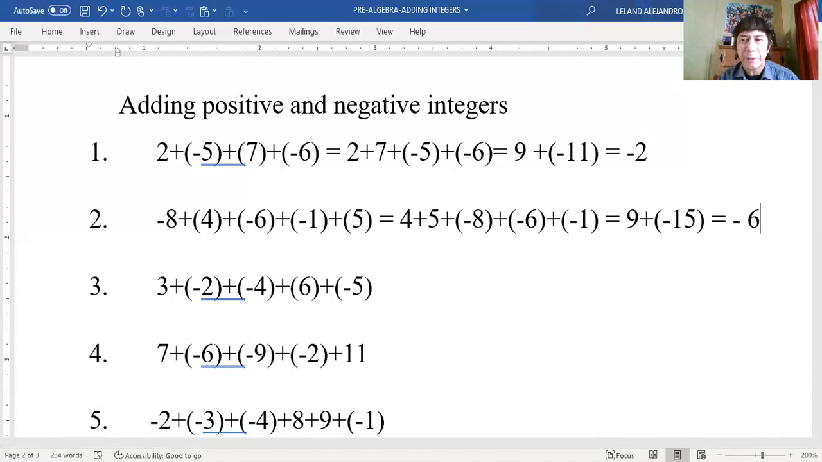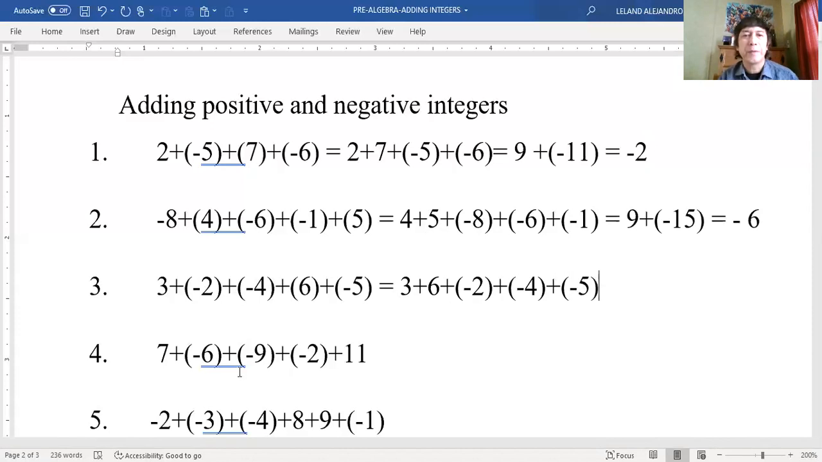Okay. So next, let's have number 3. We now have positive 3 plus negative 2 plus negative 4 plus positive 6 plus negative 5. Again, we're going to continue grouping this to positive numbers first. So 3 positive plus the positive 6 and no more positive. After that, we're now going to collect the negative numbers now. So plus negative 2 plus the negative 4 and plus the negative 5, the last negative